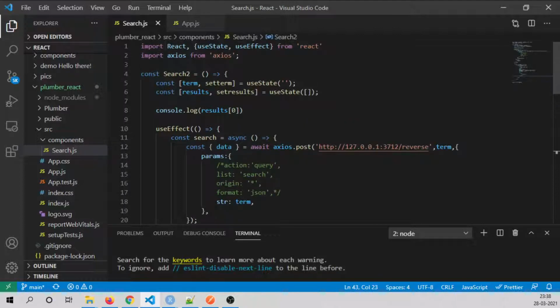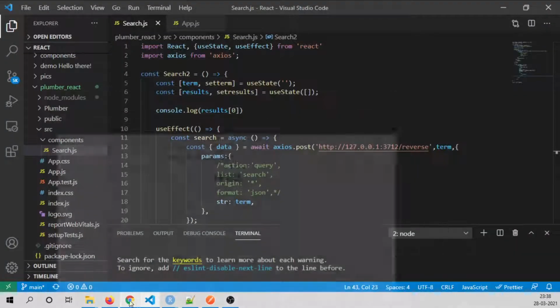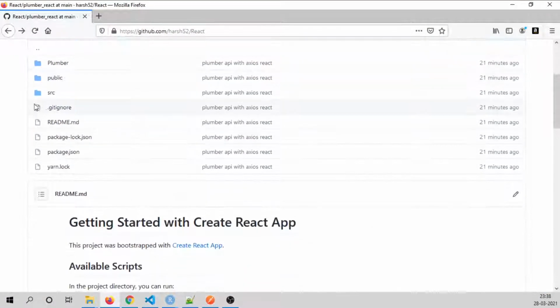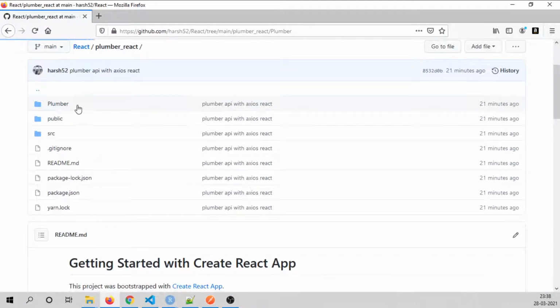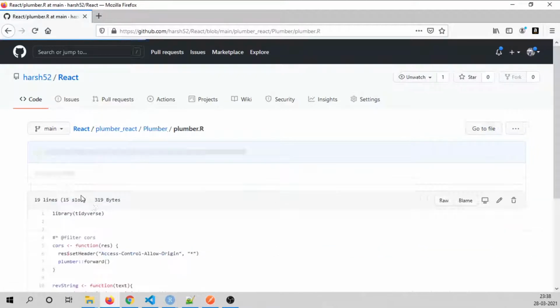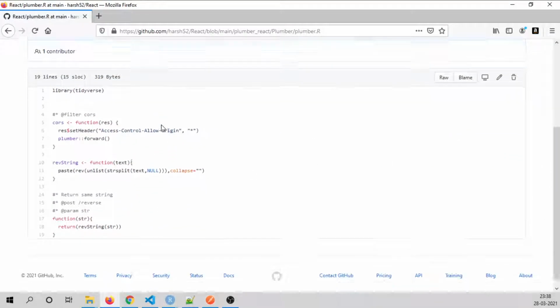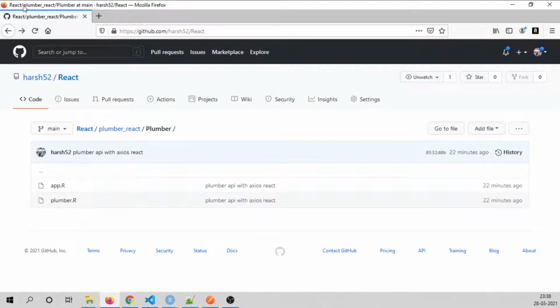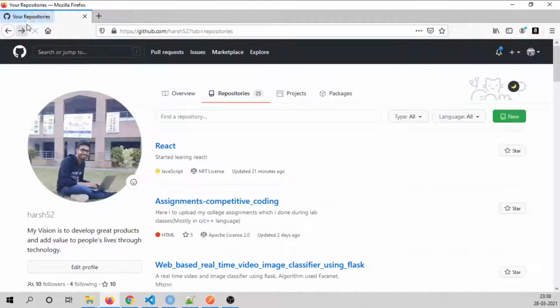I have this code free to use. You can come here inside the plumber.r, copy it, and try to run it on your local computer, as well as here itself.